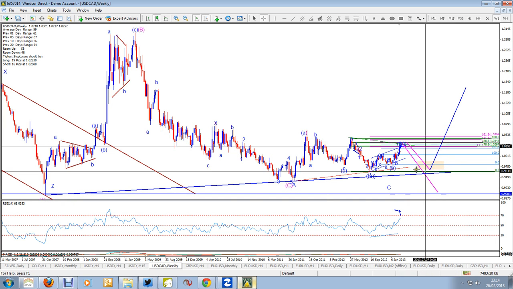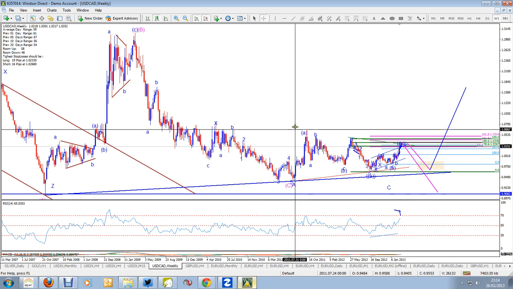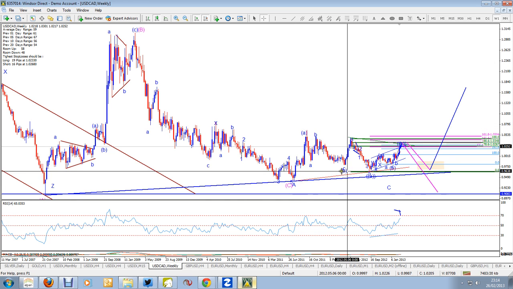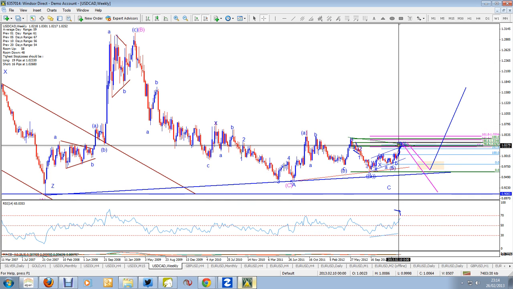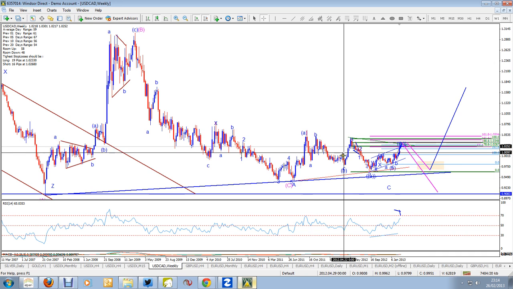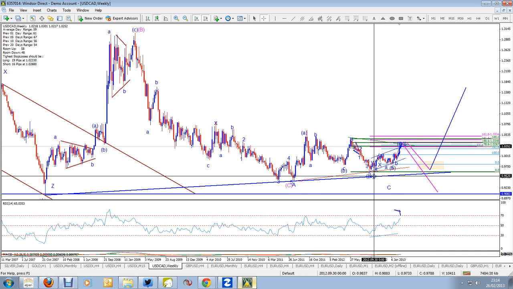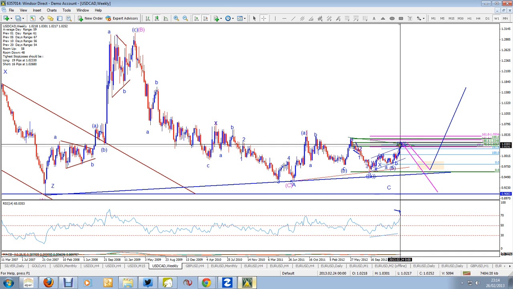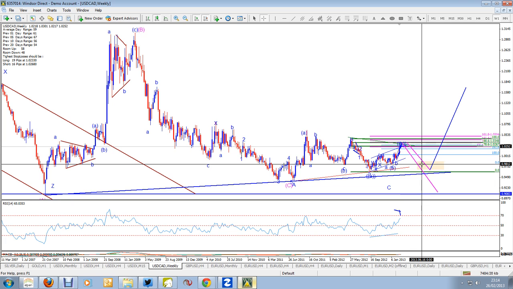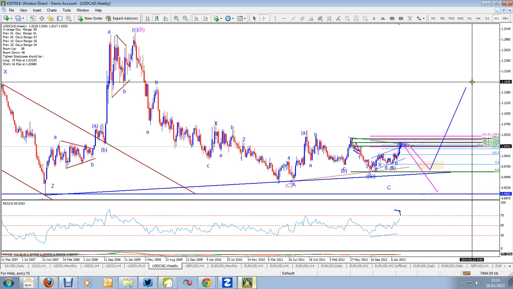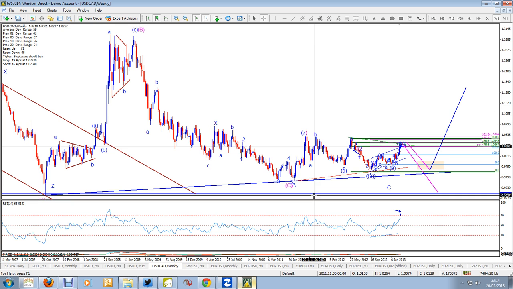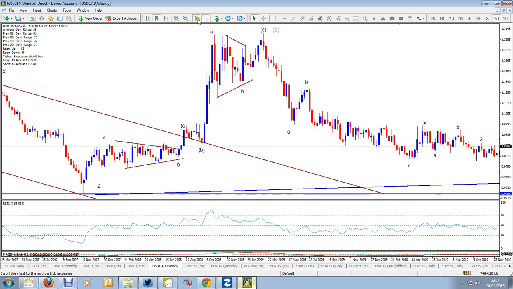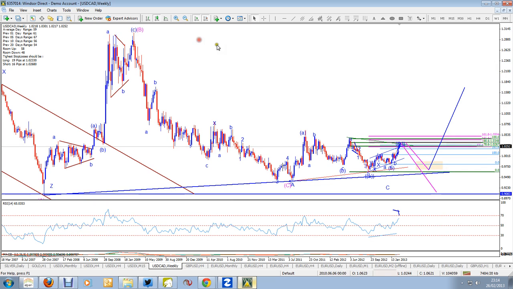Or we have a potential triangle where we've got wave A, then go A, B, C down to the wave B, then currently into wave C. It would drop down to the bottom end and then go up higher. So two possible scenarios,